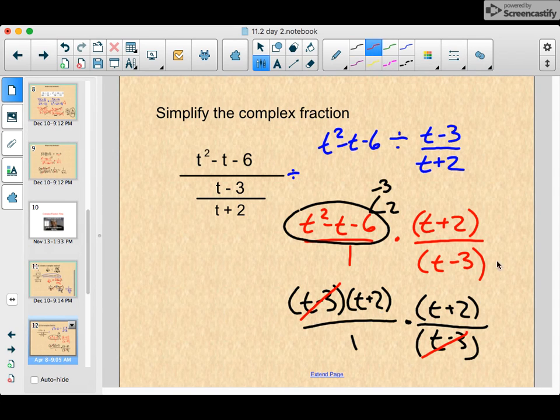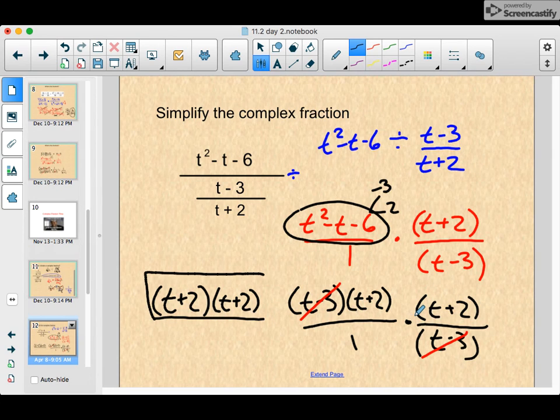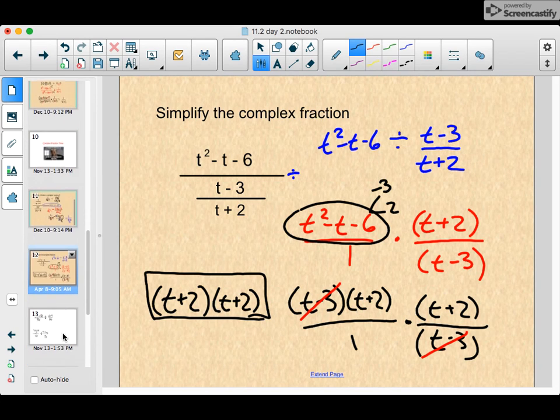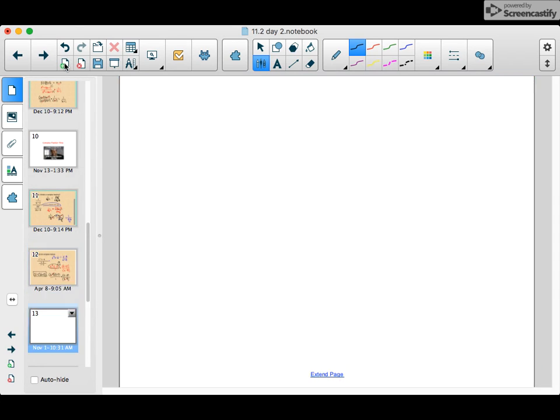Some people want to cancel out those t plus 2s. You can't. They are both on the top. In order to cancel out, they have to be on the top and on the bottom. So your final answer here is t plus 2 times t plus 2 over 1. You don't really need the 1, so it's actually just this. Some people might write that as t plus 2 in parentheses and then squared. That's also correct. I am going to go over some other examples in another screencast,